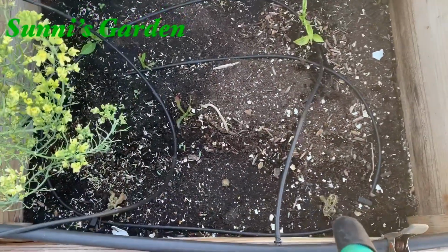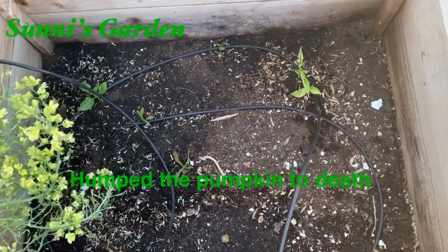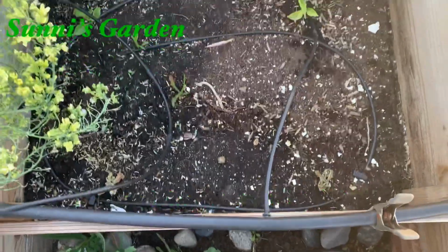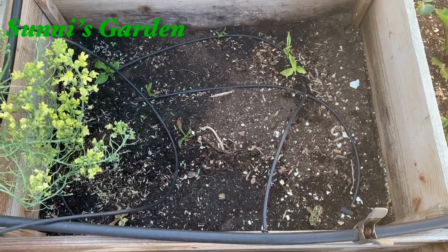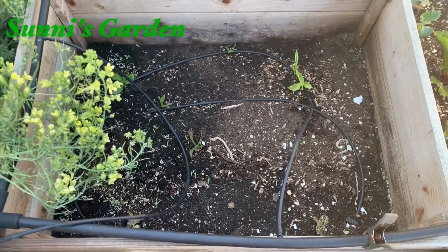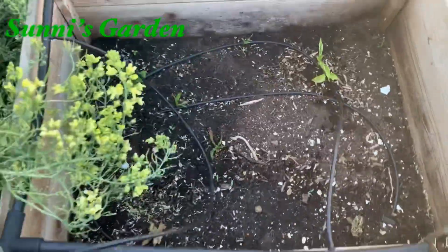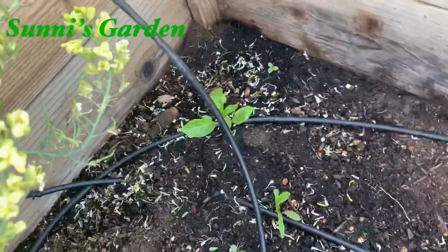We had a pumpkin there, a pumpkin there. The squash bugs came in and humped all over it and killed them. I found that when they looked really distressed and there was just a bunch of squash bugs, you know, having their way with them. So they didn't make it, they died. And then we've got a pepper plant there, a pepper plant there,